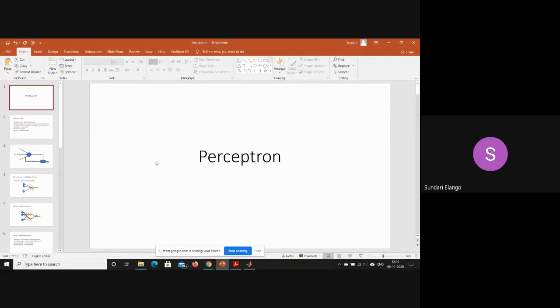So CNNs, that is convolutional neural networks, are basically very similar in their functioning to multi-layer perceptrons. But the only difference is that they're usually used for images. So because of that, when you compare images with perceptrons,